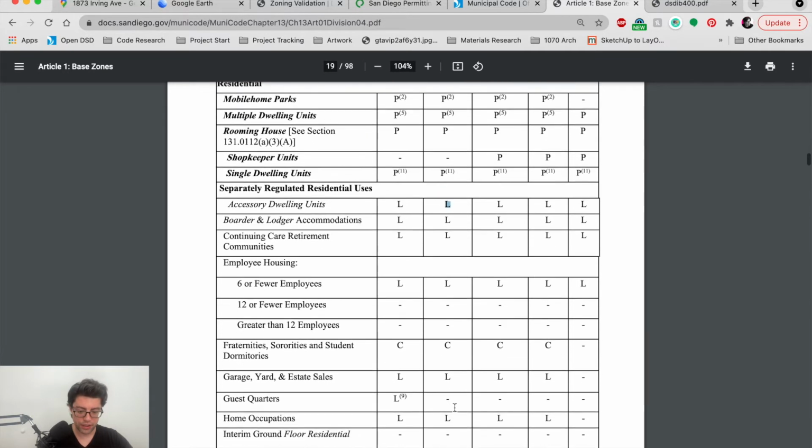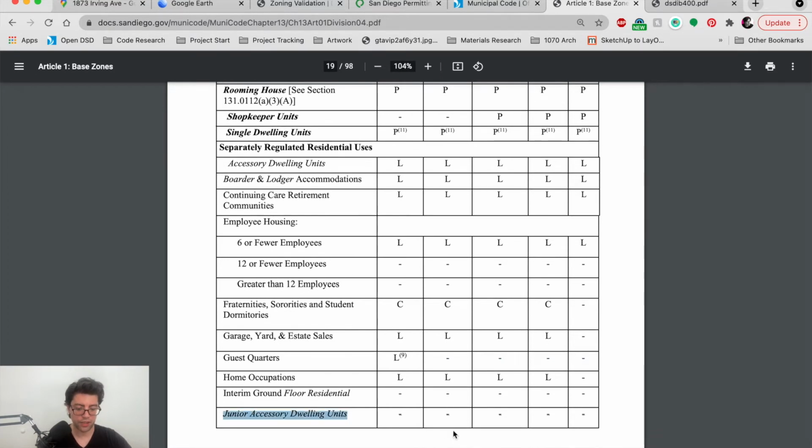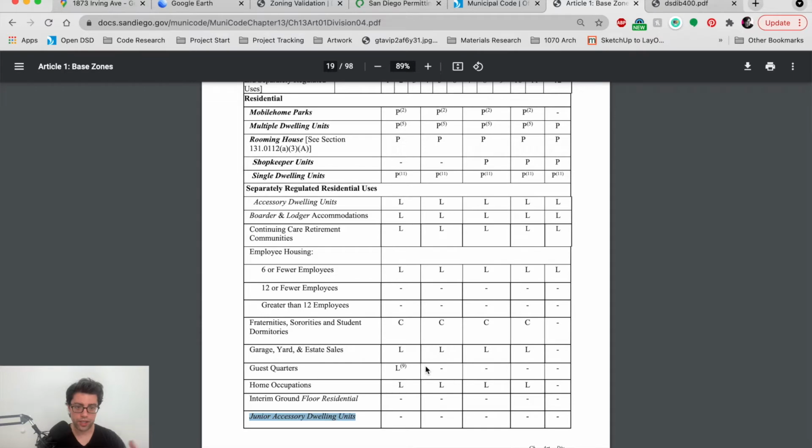And interestingly enough, we're not allowed to permit guest quarters here. I didn't realize that, but we don't need to permit guest quarters here anyway. We're also, of note, not allowed to permit a junior accessory dwelling unit. So now that we've determined this from the use table, we're going to go down to the next table,